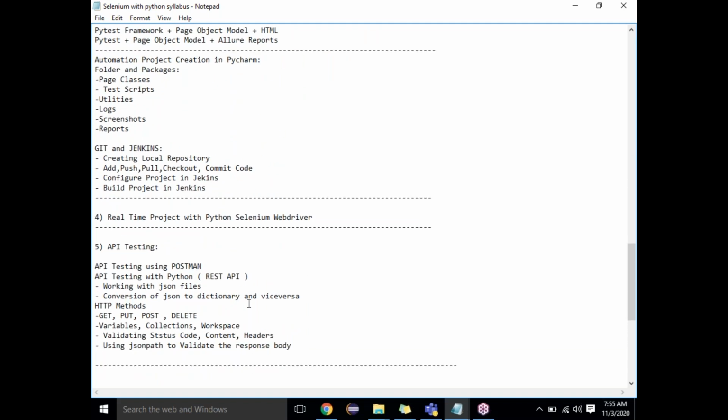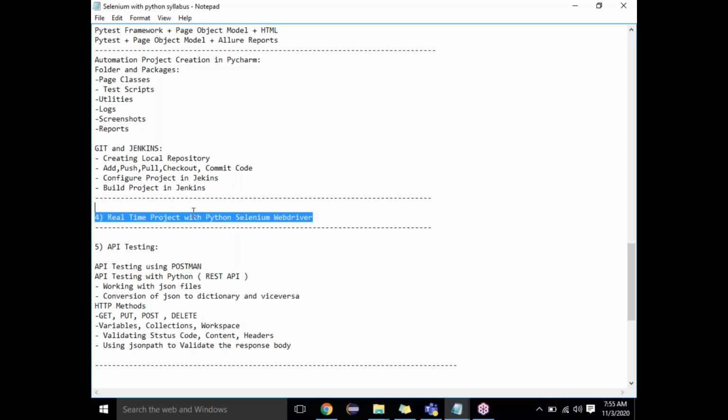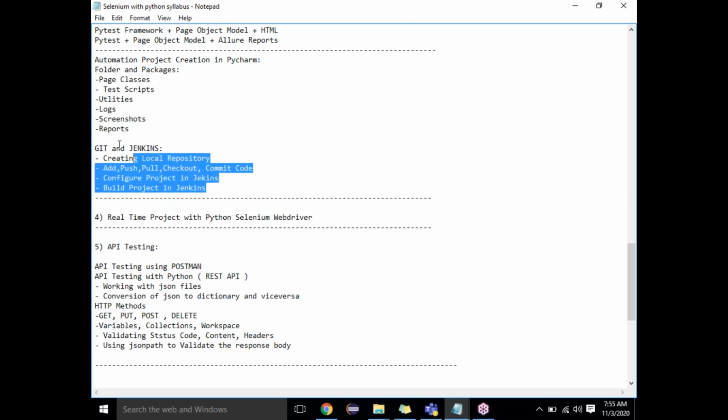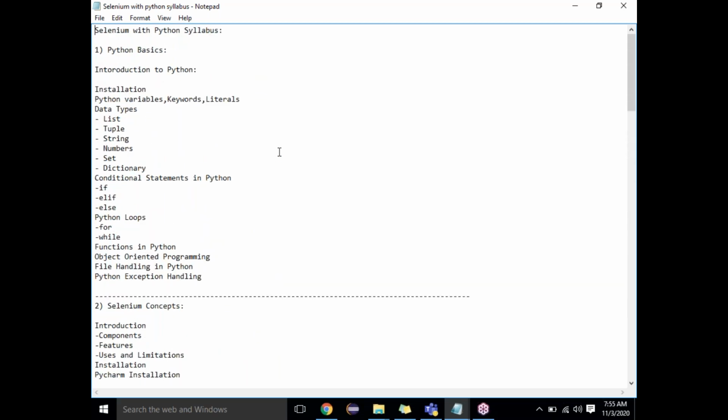We'll be discussing an extra add-on called API testing as well, with a real-time, end-to-end project with Jenkins integrations. We'll be seeing the end-to-end project and third-party reporting tools and all. So we are going to see everything as part of automation testing, especially with Selenium and two add-ons. One is Python, extra to that, and the other is API testing. These two are separate courses, but we combined them as a single course. That is one thing.